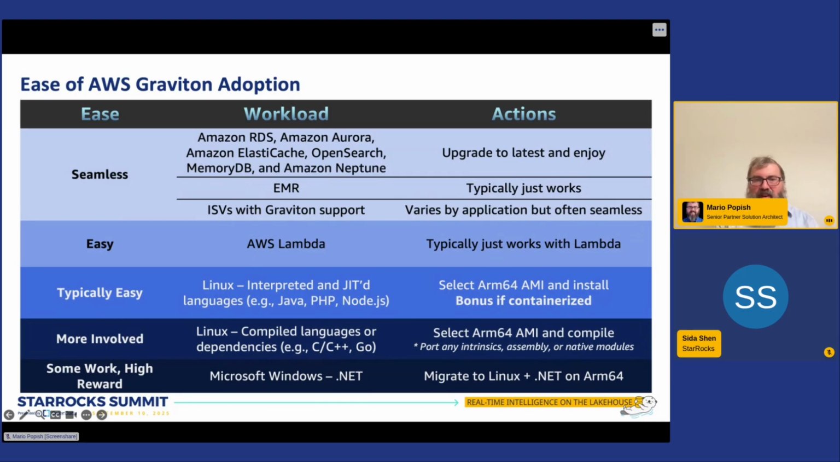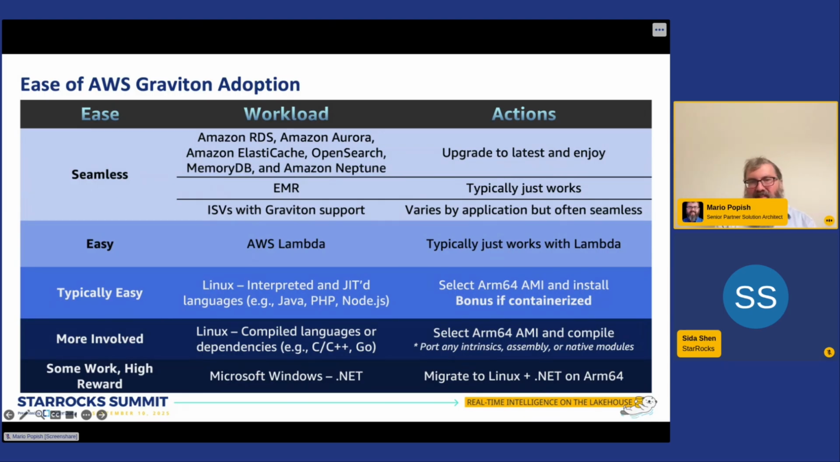What takes a little more work: compiled languages do need to be recompiled. So you can load your source code onto an ARM64-based Amazon machine image, that's the AMI here, AMI, that's how we pronounce it, and compile it. A lot of compilers support running emulation to compile for a different architecture, but you'll see it's a lot faster